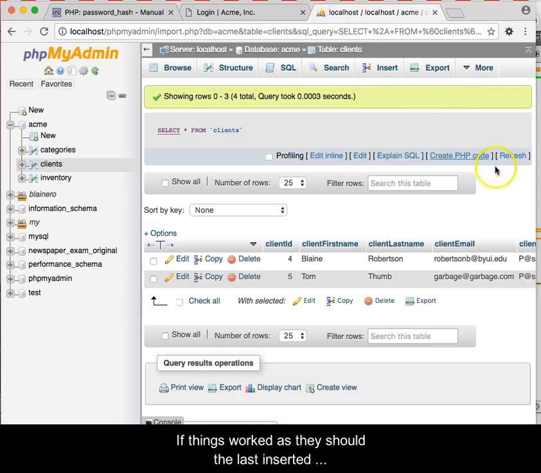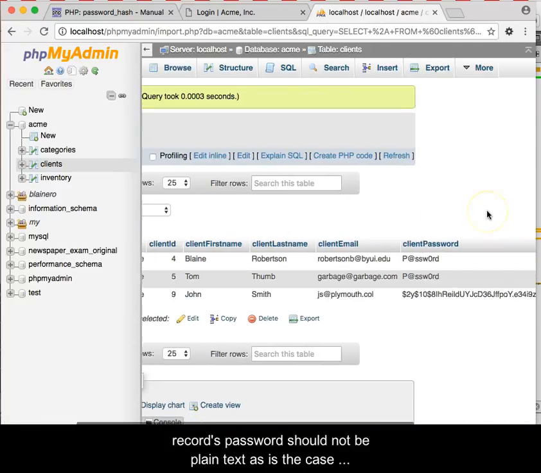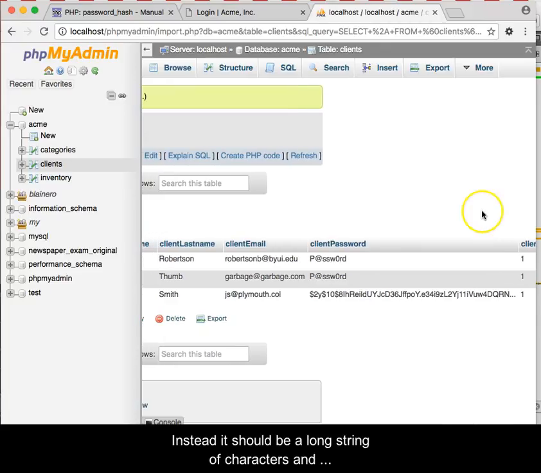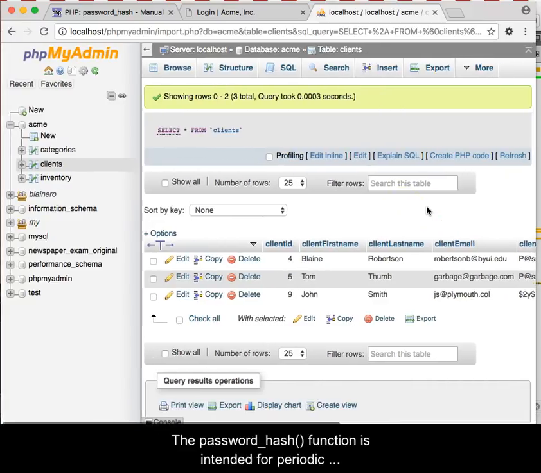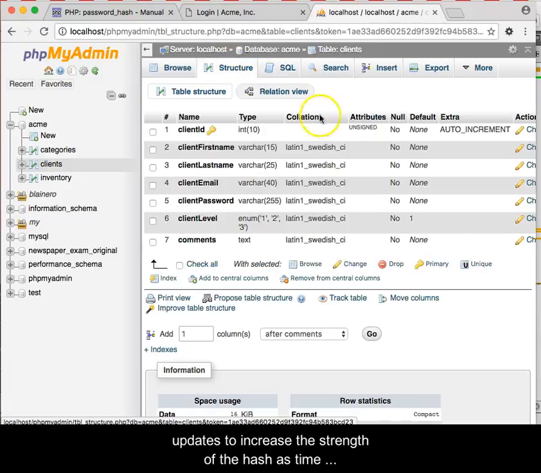If things worked as they should, the last inserted record's password should not be plain text, as is the case with previous records. Instead, it should be a long string of characters and symbols. It is a hash. The password_hash function is intended for periodic updates to increase the strength of the hash